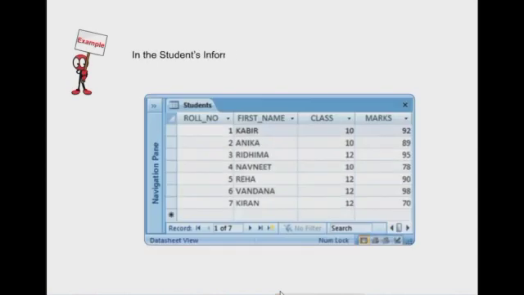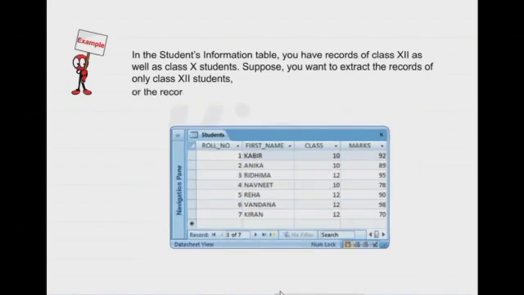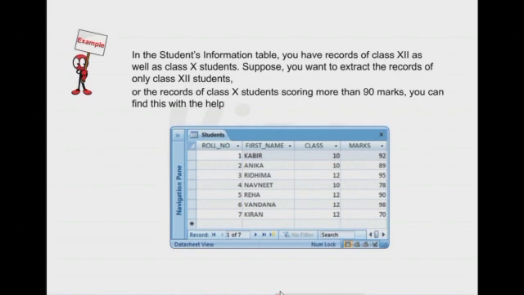In the student information table, you have records of class 12 as well as class 10 students. Suppose you want to extract the record of only class 12 students, or the record of class 10 students scoring more than 90 marks, you can find them with the help of a query.